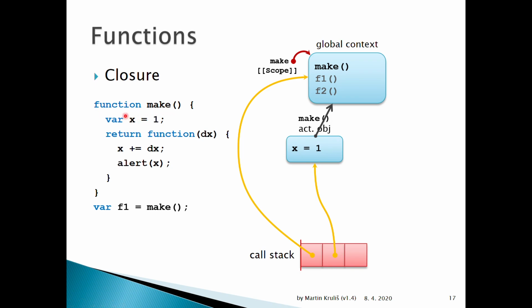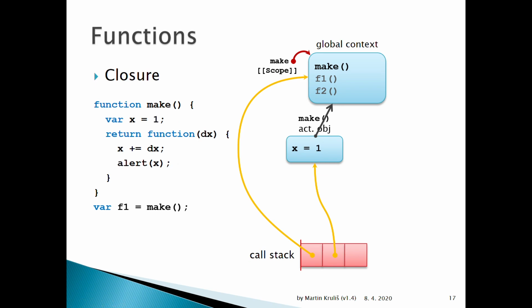It has no argument, so the x will be the only variable in this activation object, and as the make function is invoked, it will hold the value 1. This is the initial value that will be filled as the make function is invoked. Then this function is created and yielded back, stored into f1